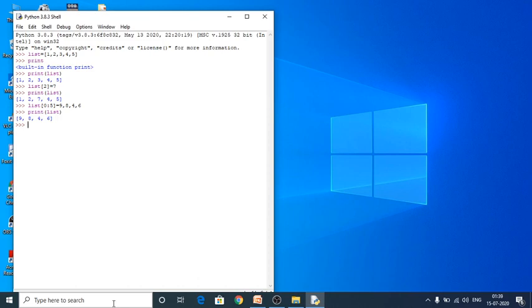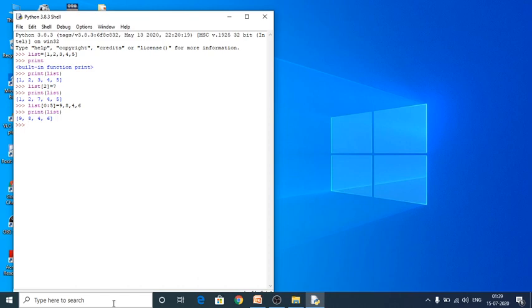Okay, and next one is adding more elements into the list. There are many functions to add elements into a list. Three important functions are there. One is append, next one is extend, the third one is insert. Append function is used to add a single element, and extend function is used to add more than one element into an existing list.